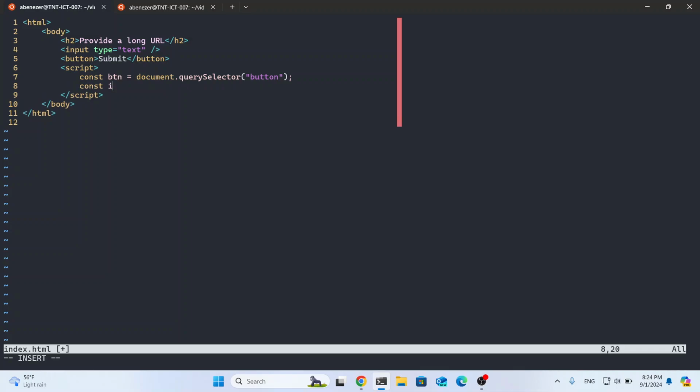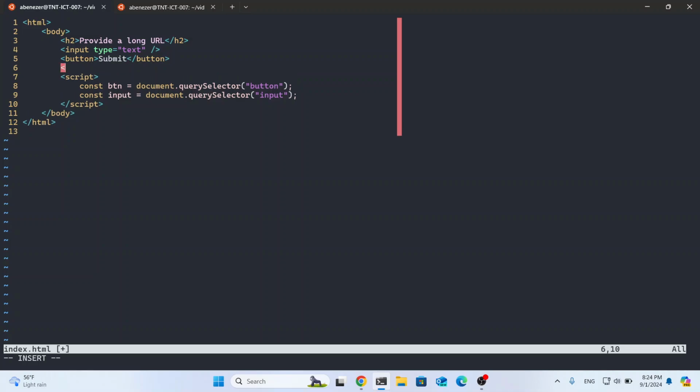Then we want the inputs, document dot query selector, and say inputs. Since there is only one button and one input, this is fine. One more thing is that we need a paragraph to display the URL that we send back from the server side, from the backend. So let's say result equals document dot query selector